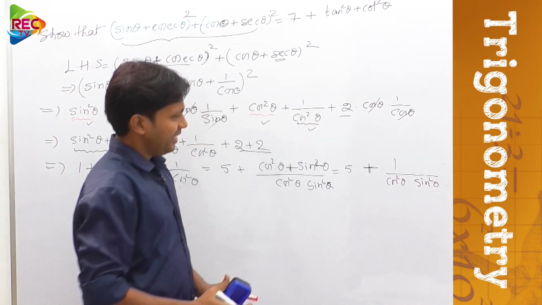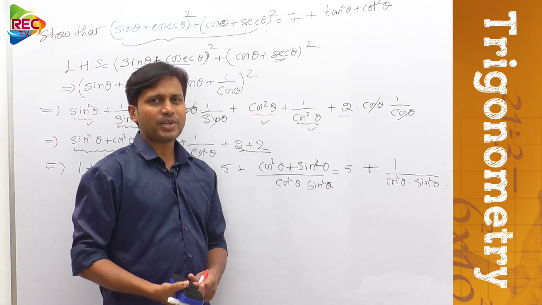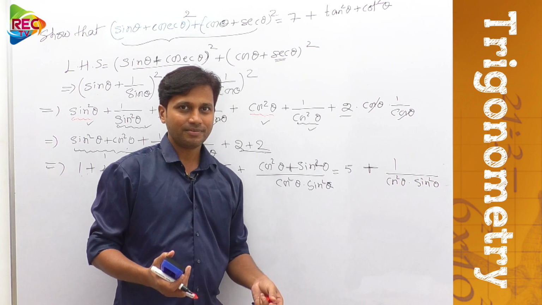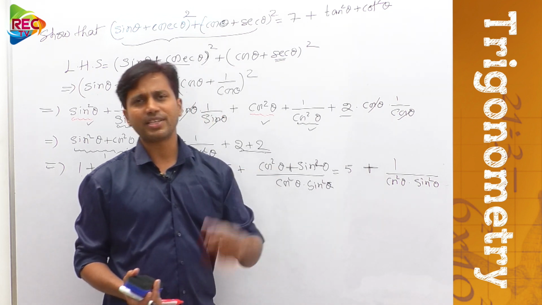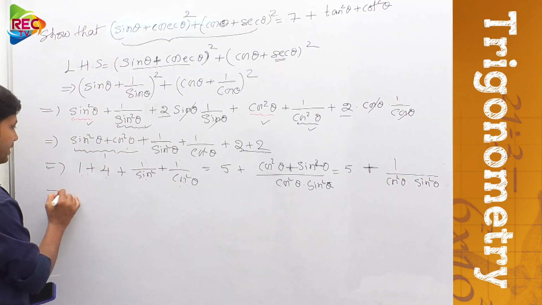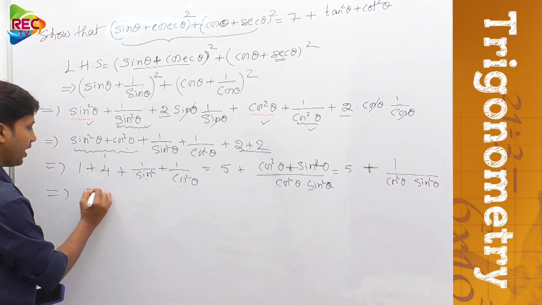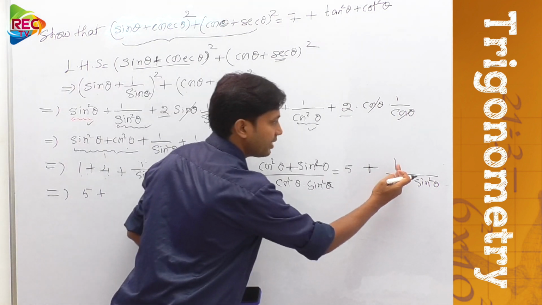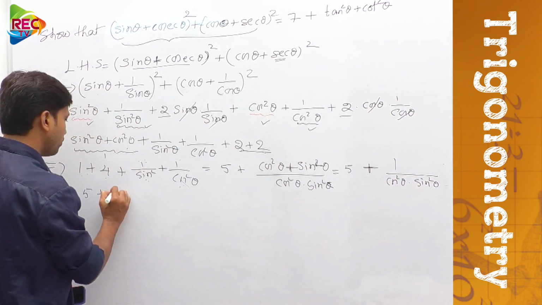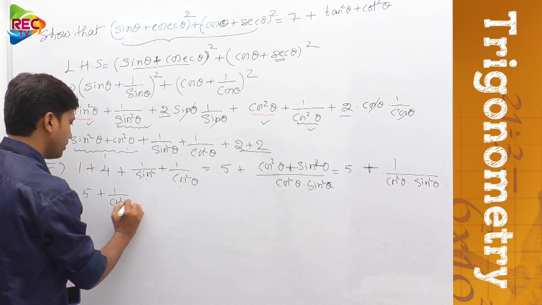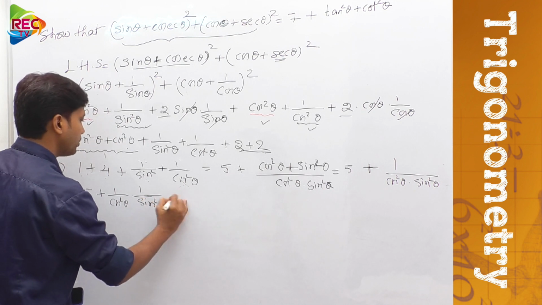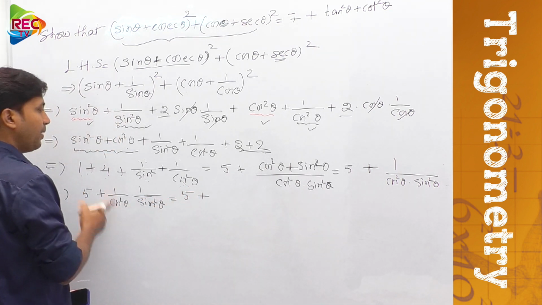Okay, I think this biggest expression is solved to the simplest expression, right? Now we obtained somehow the simplest expression. Now let us do the rearrangement again. So this would be further written as what? 5 plus, this can be further split to 1 by cos square theta into 1 by sin square theta, isn't it? So 1 by cos square theta into 1 by sin square theta, right? Now this would be 5 plus 1 by cos square theta.